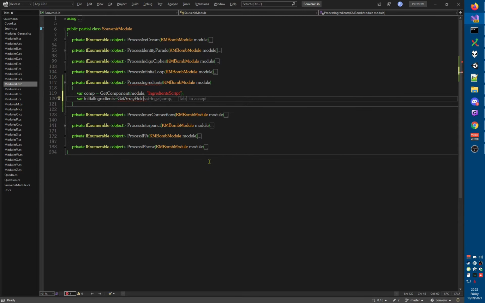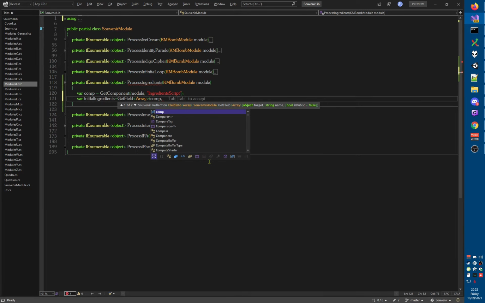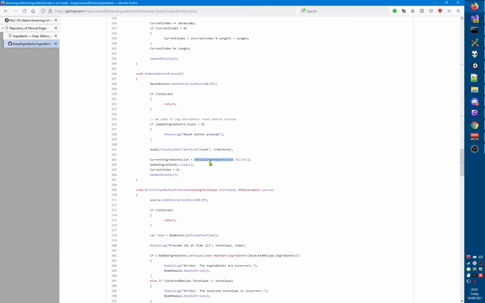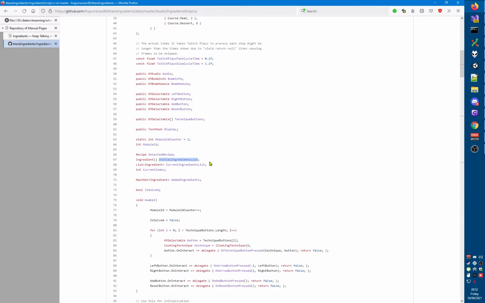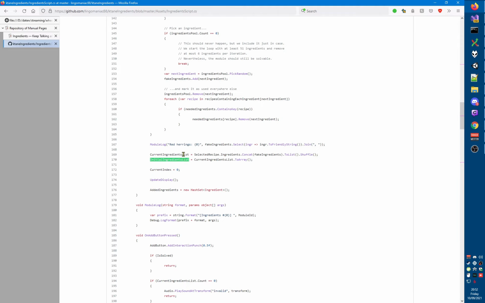because this is an enum type that we don't have access to, I'm going to use the abstract array type. The target object is the component, the name is that, and is it public? It is not. So we're gonna get the array that this refers to, and let's see if there is a